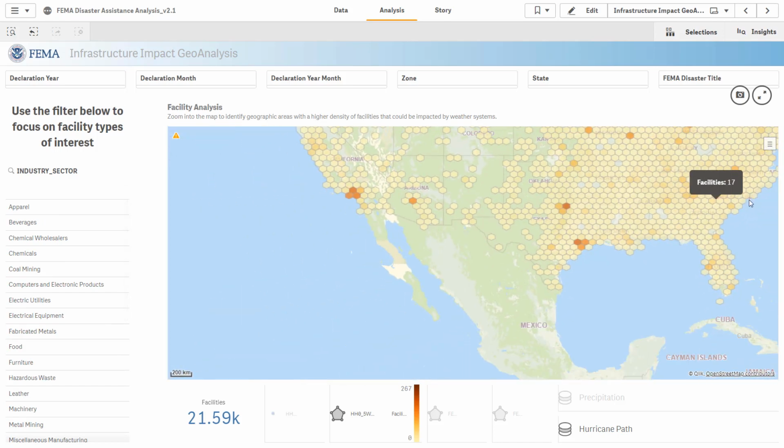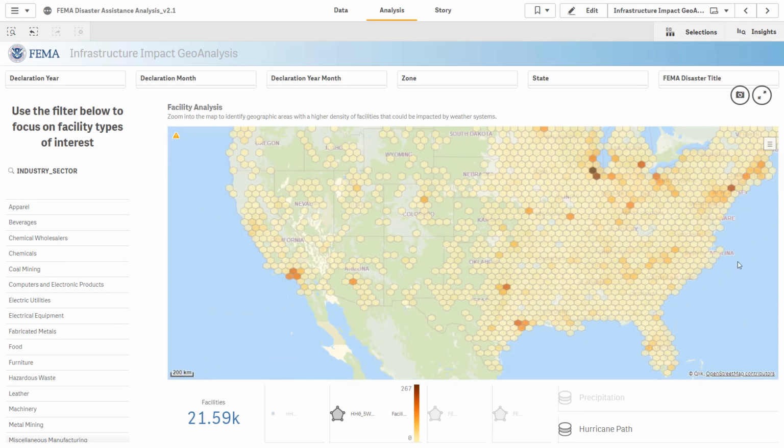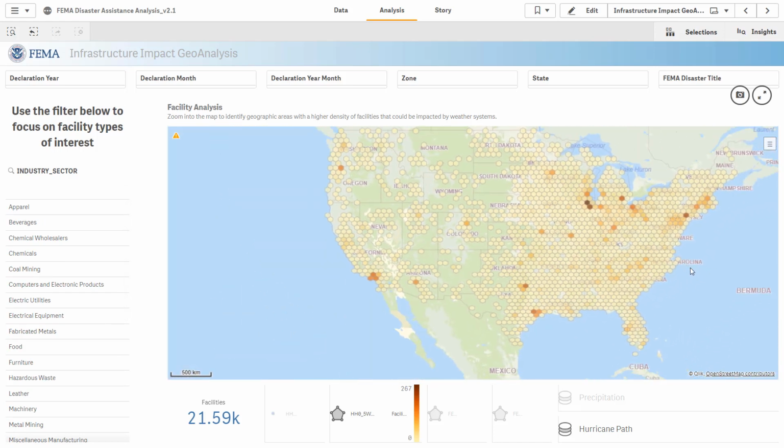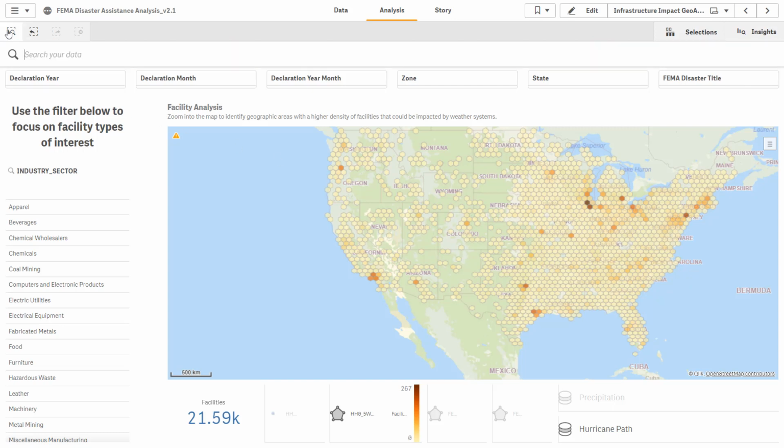So at the moment, this particular view isn't super helpful to us, but let's just pretend that maybe I'm an analyst for a chemical company, and I wanted to know, during Hurricane Katrina, which locations could have been most affected based on the number of chemical facilities. So what I would do is I'd come up here to my smart search, and I'm going to type in exactly what I'm interested in. So I'm going to type in